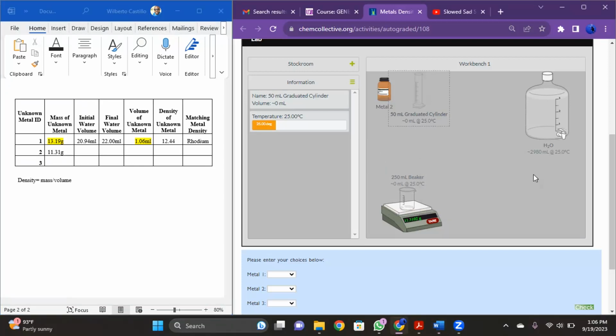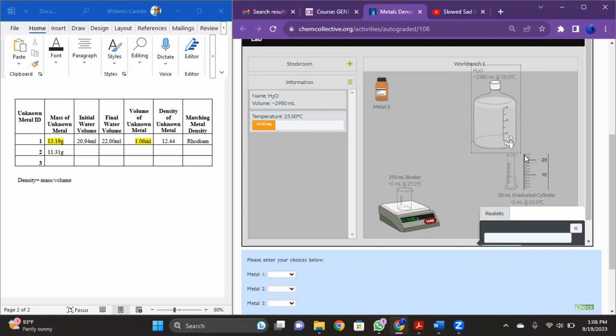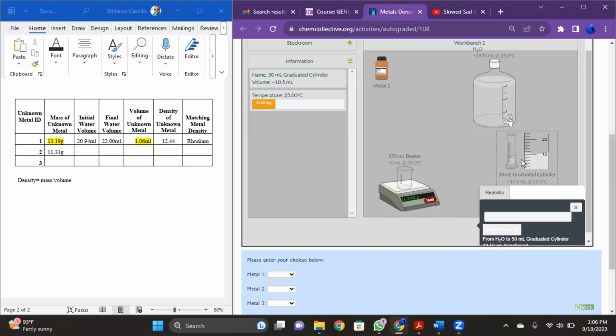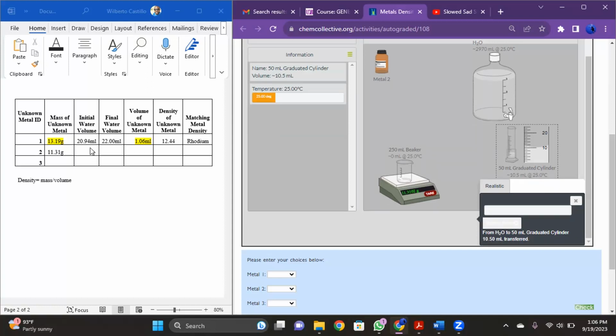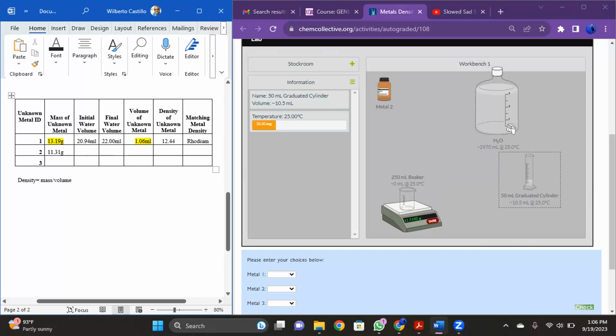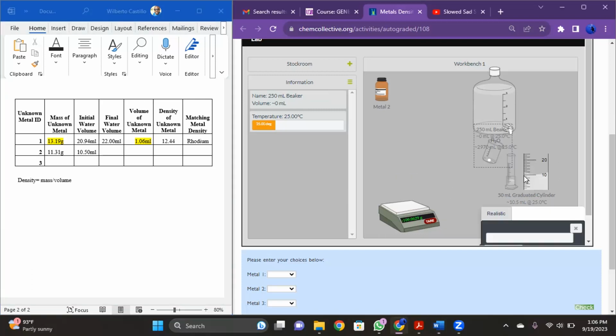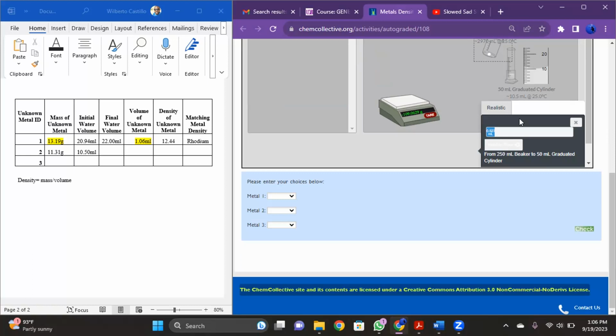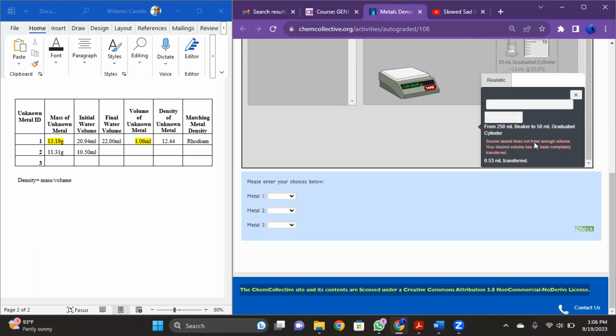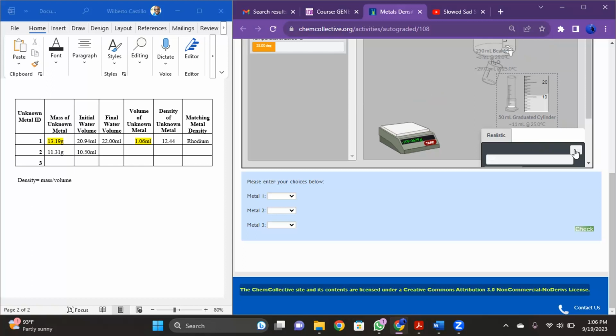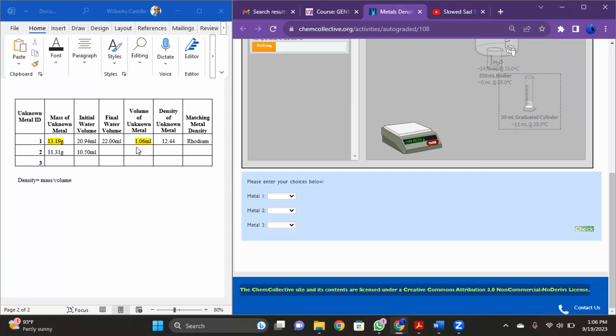Let's add some water into our graduated cylinder once again. We have poured in 10.50 mLs. Now let's displace with the metal. We're gonna pour the metal in here again. We have poured 0.53 into that, which gave us a final volume of